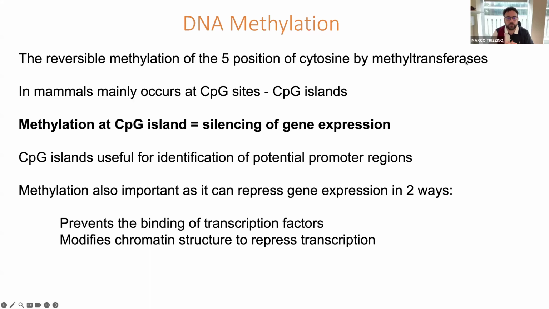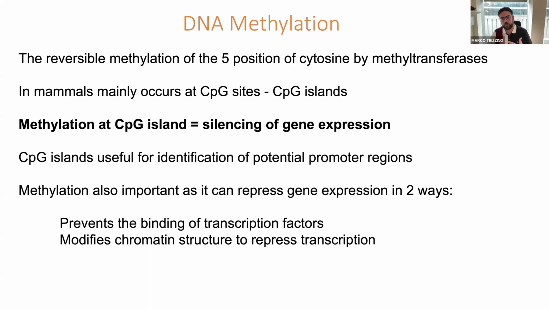This type of DNA methylation is particularly common in vertebrates and mammals, whereas it is more rare in some of the other phyla. For example, in insects it's quite rare, in Drosophila it's quite rare. But in mammals and humans, this methylation of cytosines is very common. And usually the cytosines that tend to be the most methylated are the ones found in these CpG islands, which are regions of the genome enriched for G and C, so cytosines and guanine. And so these CpG islands are normally methylated,